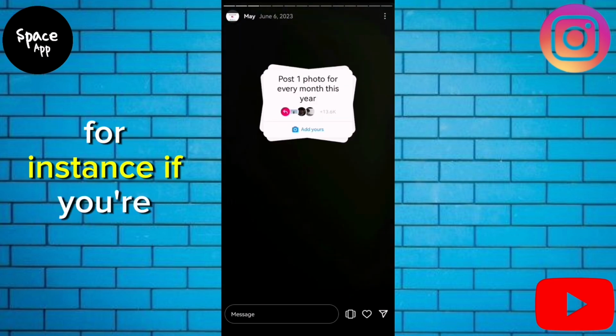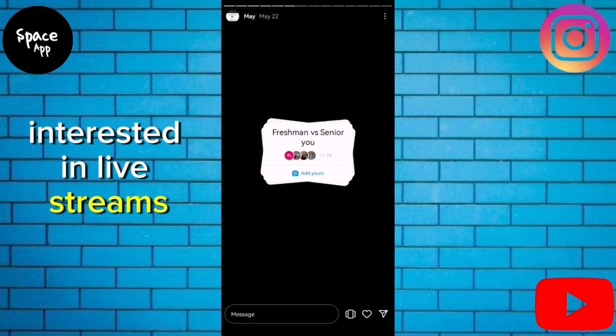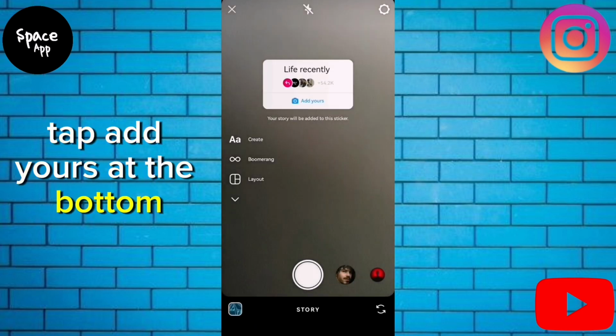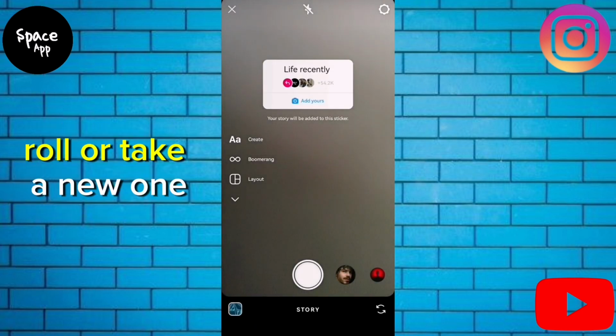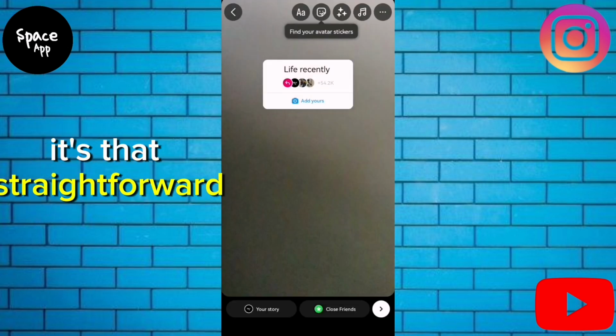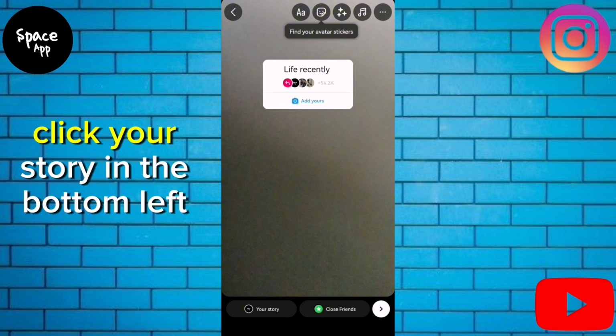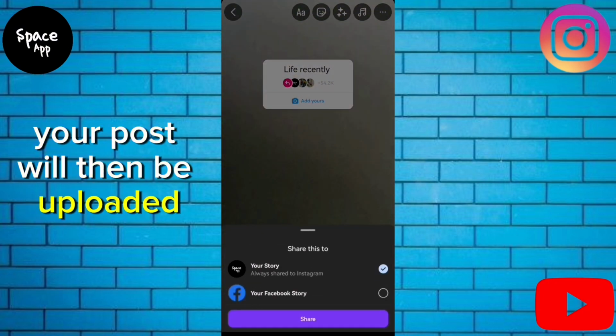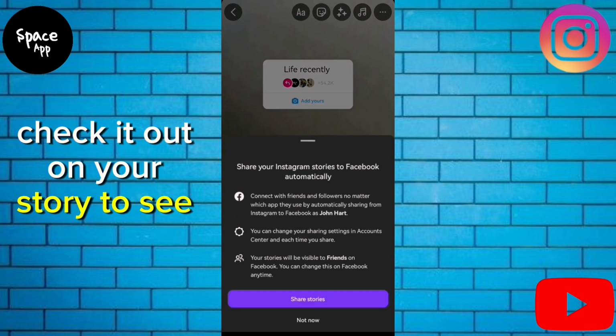For instance, if you're interested in live streams, click on that highlight. From there, tap Add Yours at the bottom. Choose a photo from your camera roll or take a new one. Then start adding your contributions. It's that straightforward. Once you're done, click Your Story in the bottom left corner. Your post will then be uploaded. Check it out on your story to see the final